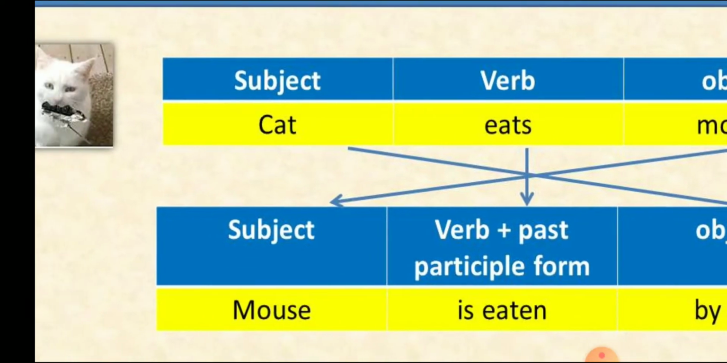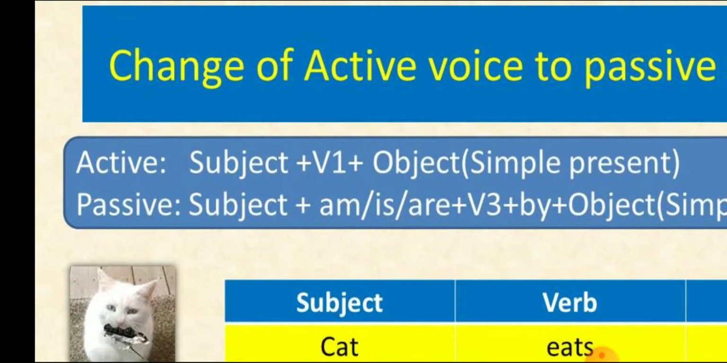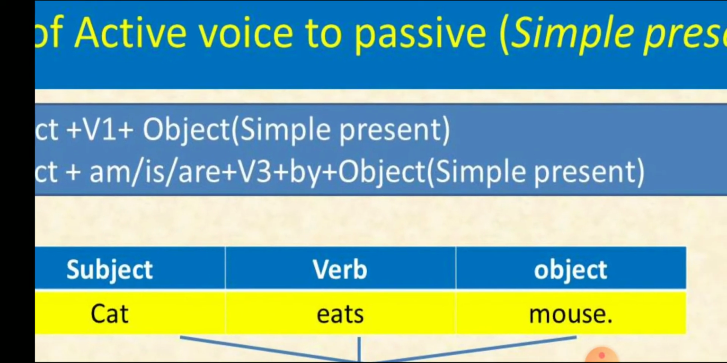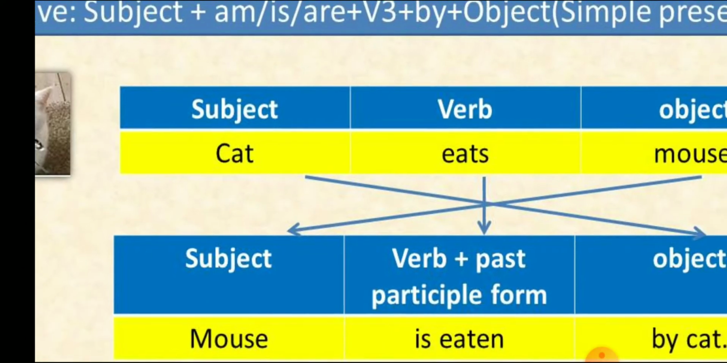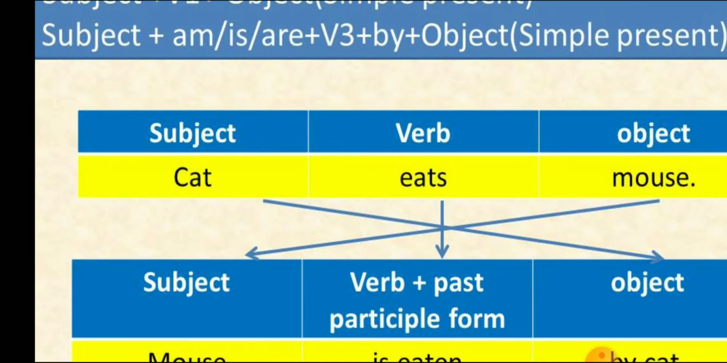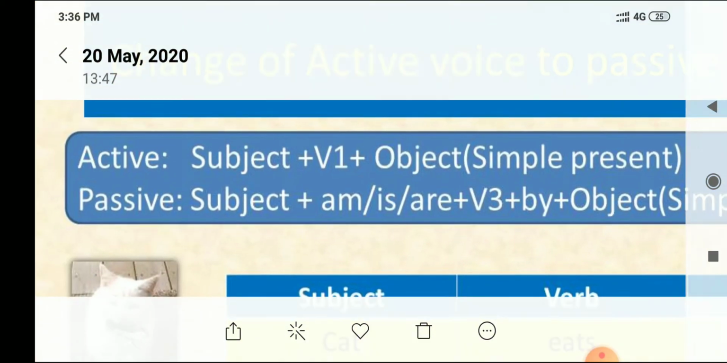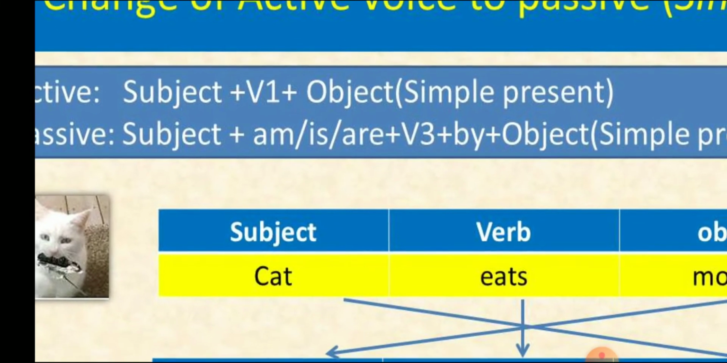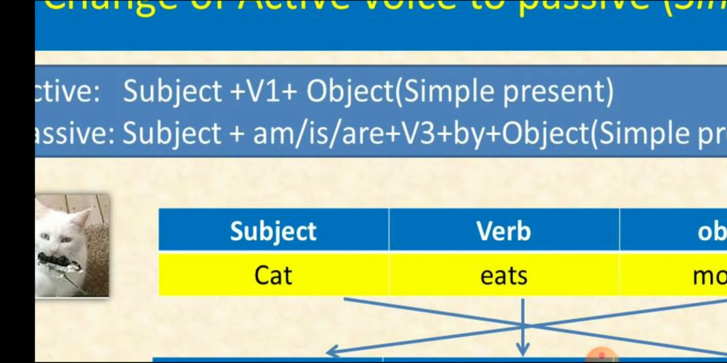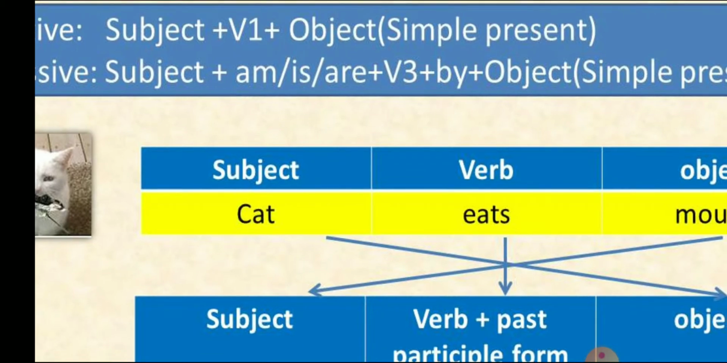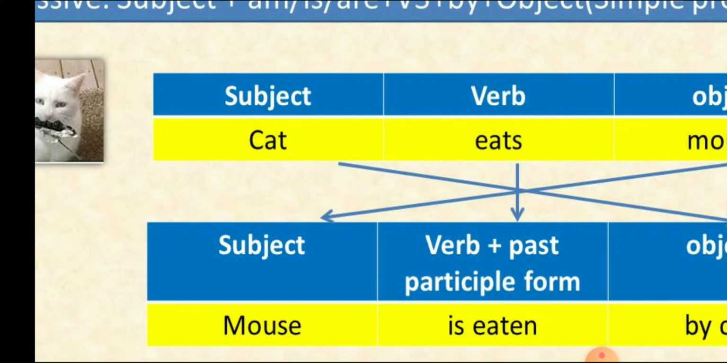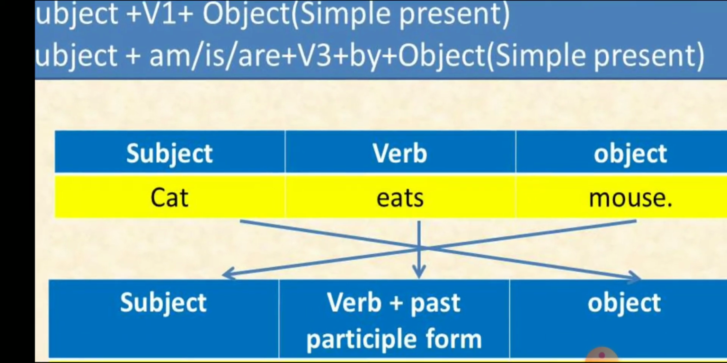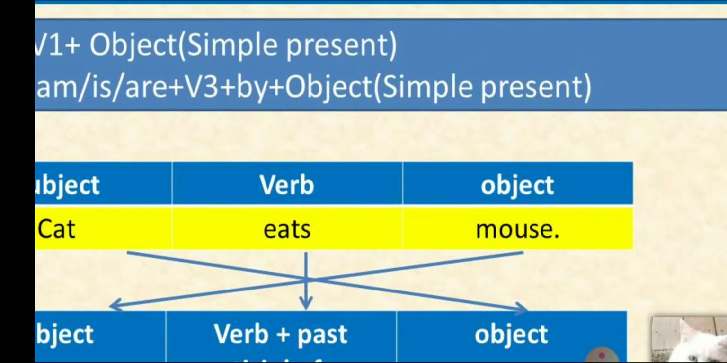Now what rule should we apply? See the structure of active voice for simple present and structure of passive voice for simple present. Subject plus V1 plus object. Whether it is like that? Yes. Cat subject, V1 eats, object mouse. Next, passive: subject plus am, is, or are plus V3 plus by plus object. Yes, subject is mouse and here singular, so we have to use is plus V3, that is eaten, by, then